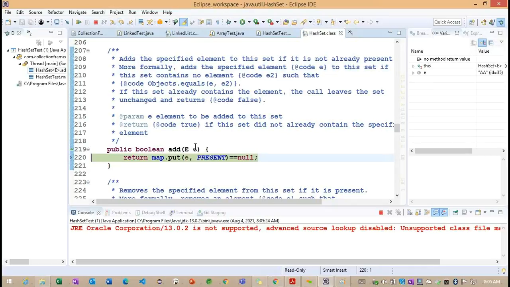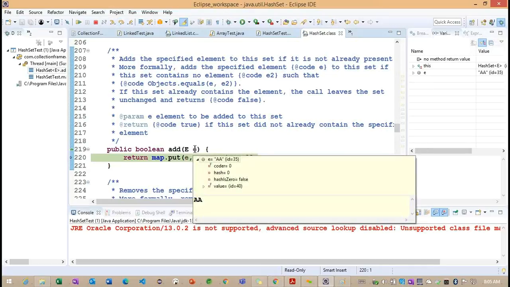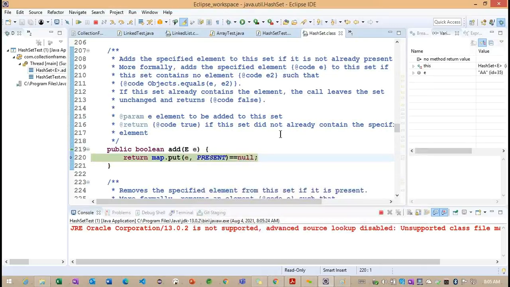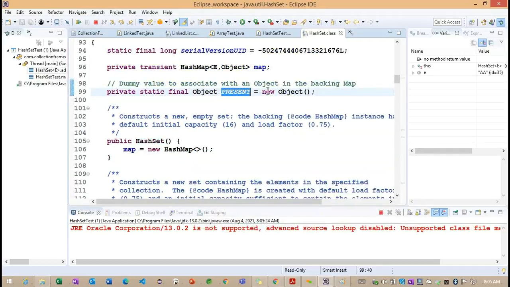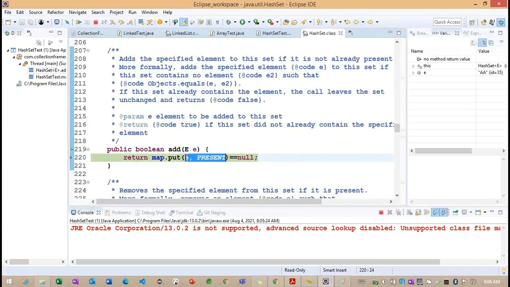Observe. What is the E we are passing here? The E we are passing is "AA". And what about this PRESENT? I provided the information: this PRESENT cannot change here. Every time the PRESENT will be the same, only the value E will change.